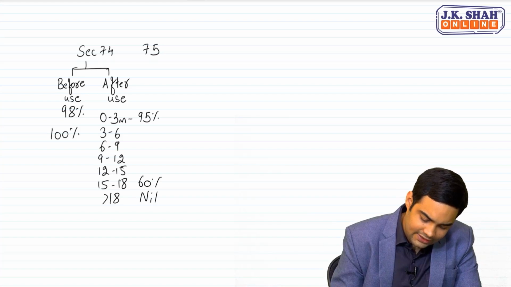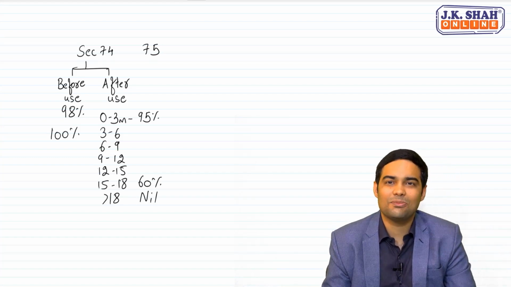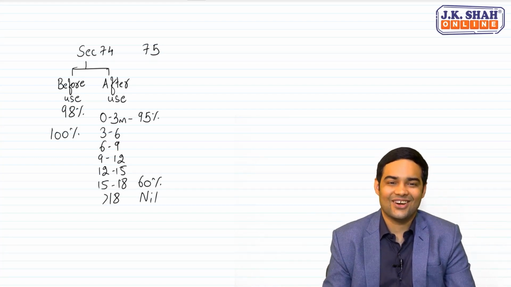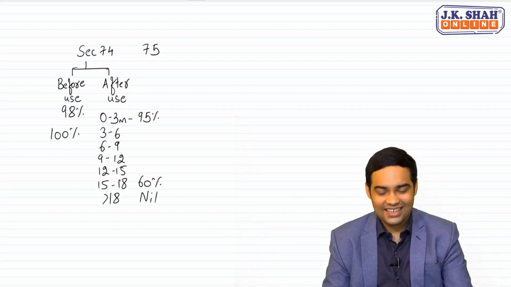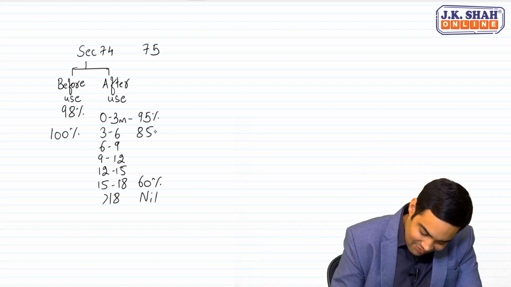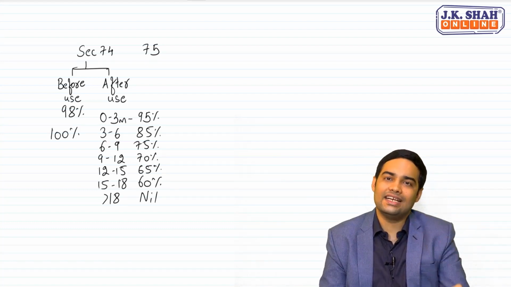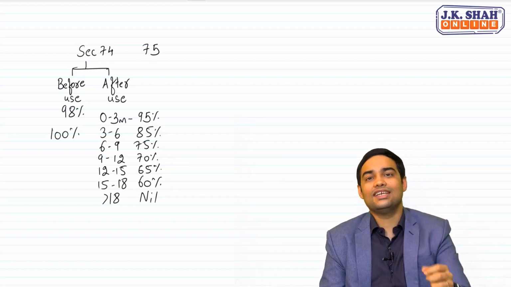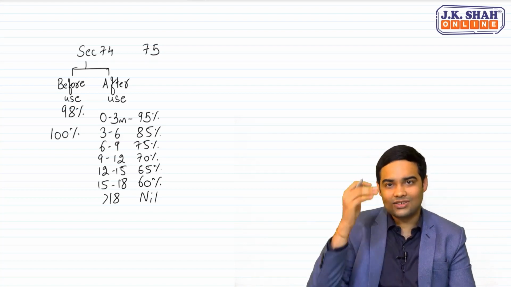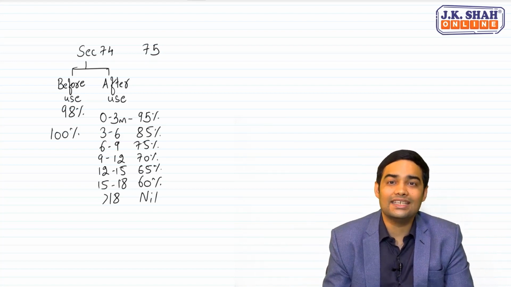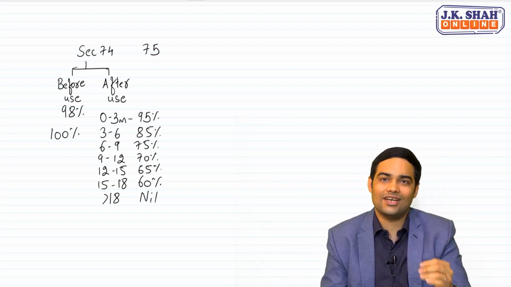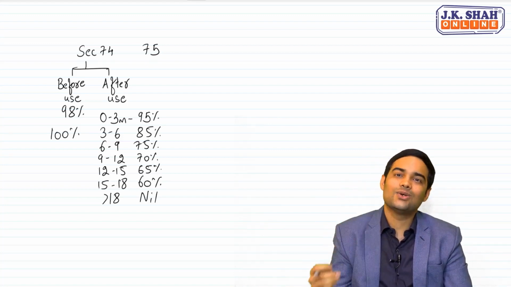15 to 18 is 60, which is even the exemption percentage for chartered accountancy. Any paper, 60. So thereafter, 85, 75 and then twice you reduce it by 5. This is how I remember it. See, I remember 95, nil and 60. At the inception, the depreciation will be higher. So 95 reduces twice by 10%. So 95, 85, 75. And then 5 to reach 60.